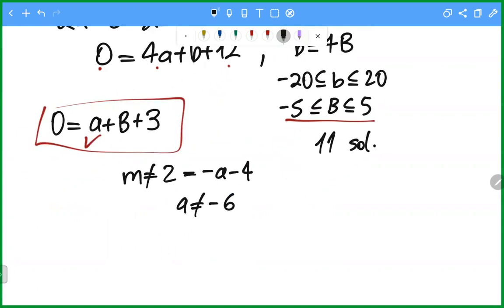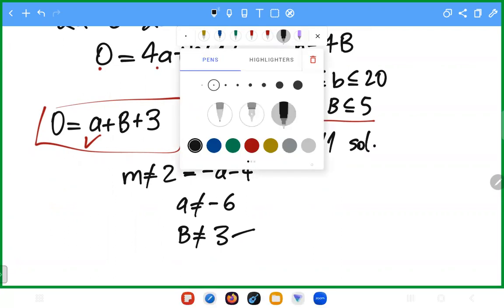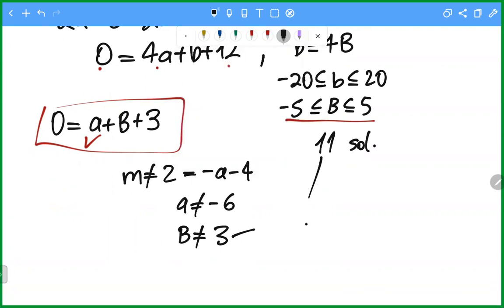And a equals negative 6 corresponds to capital B equals 3, right? Yeah. So B cannot be 3. So we need to exclude this one. From those two, we get 11 minus 1 is 10